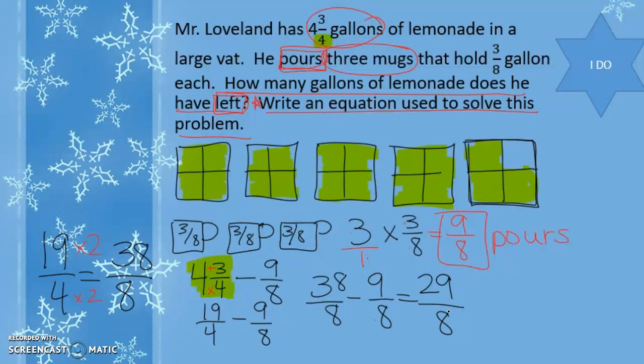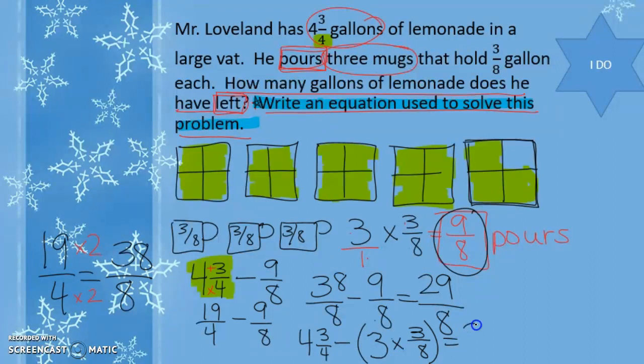Oh dear, we're not done, boys and girls, because our responsibility was to write an equation that could be used to solve this problem. So let's write out this equation. What is it? Take your time. It is 4 3/4. That's what we did, right? That was what we started with. Minus what? The 3 mugs. What was the total of the 3 mugs? 9/8. But how did we get that? It was 3 times 3/8. And what was the answer? 29